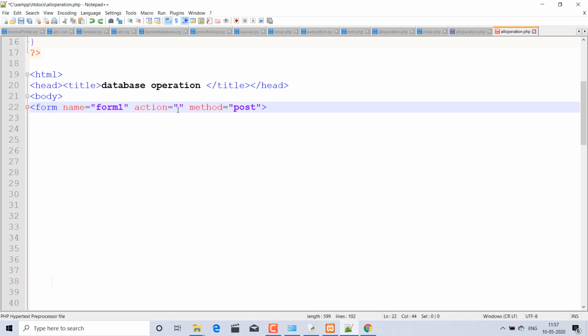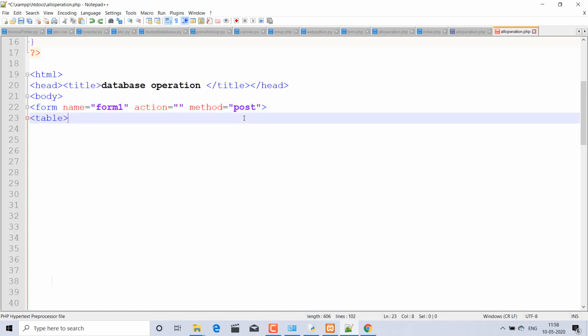The action is the same page, so I have left it blank. If I want to perform it on another page, then I will pass the name, page.php or another page.php, whatever the name of the PHP file is.